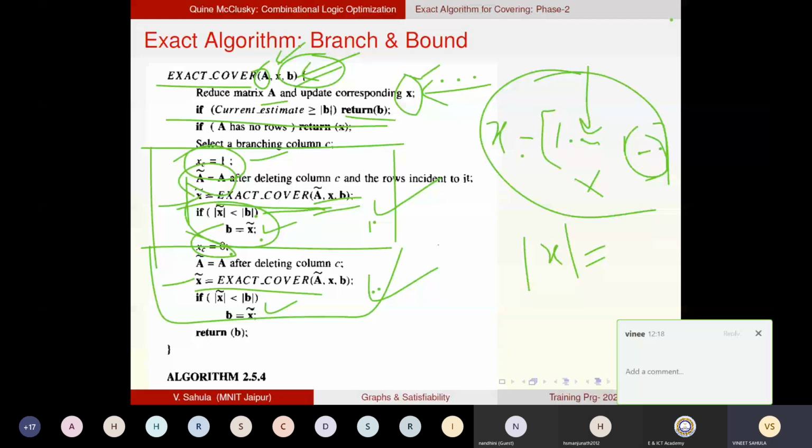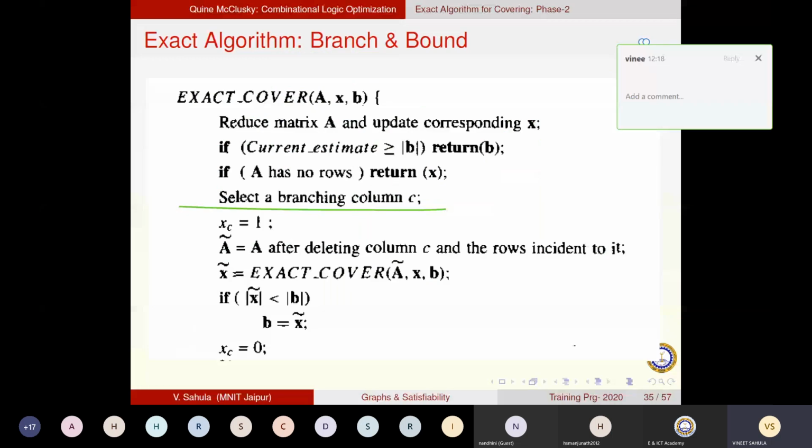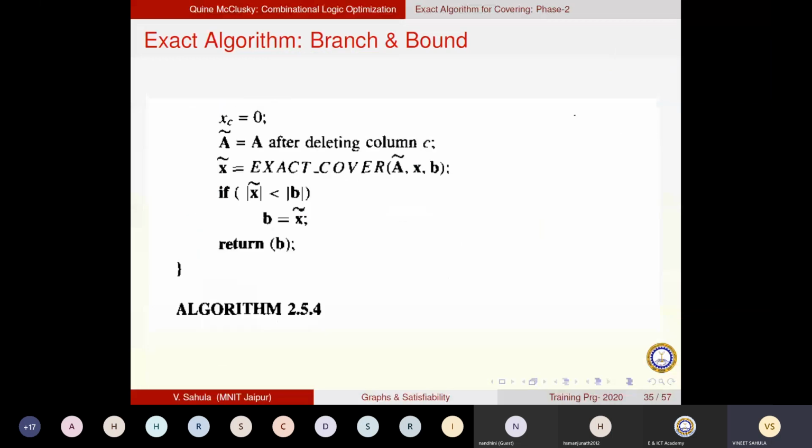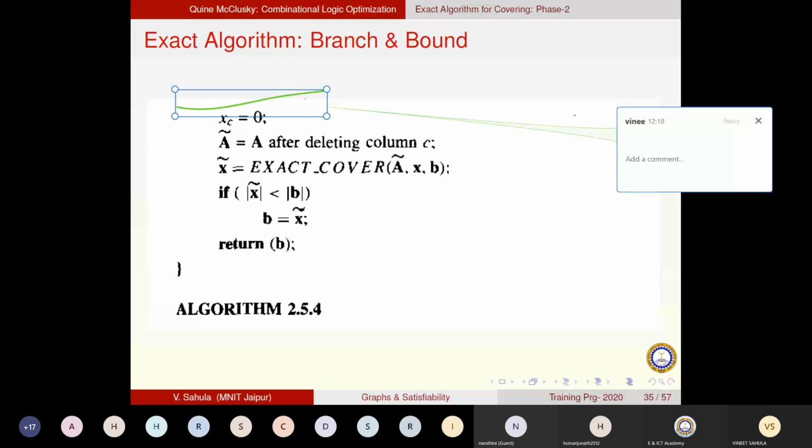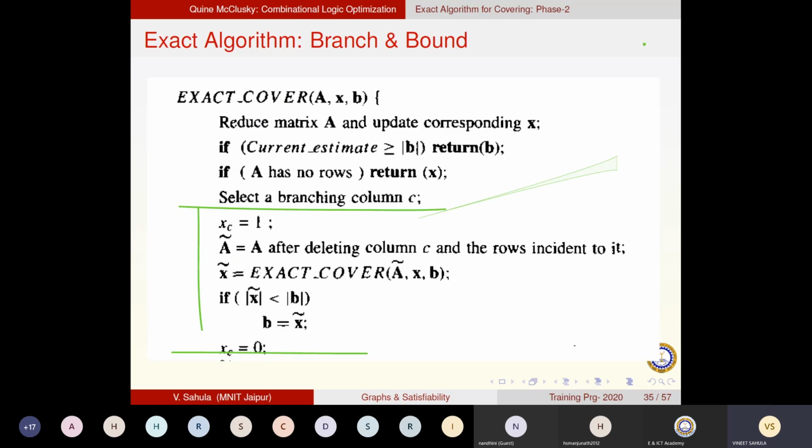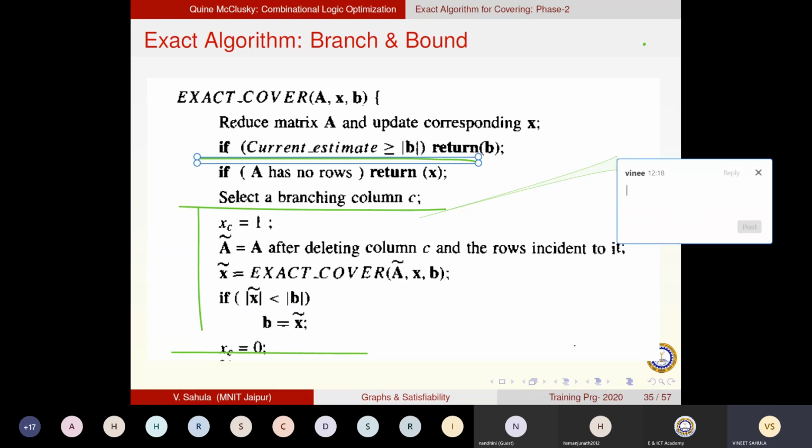So this is the expanded version of what I discussed. This is choosing a column and taking a decision, this one. The next one is not choosing a column and a decision. Will return only from one of them. So this B will be a return for any of the three kinds of solution. So if my current estimate is not good, I will not explore further. Return from here only, one.